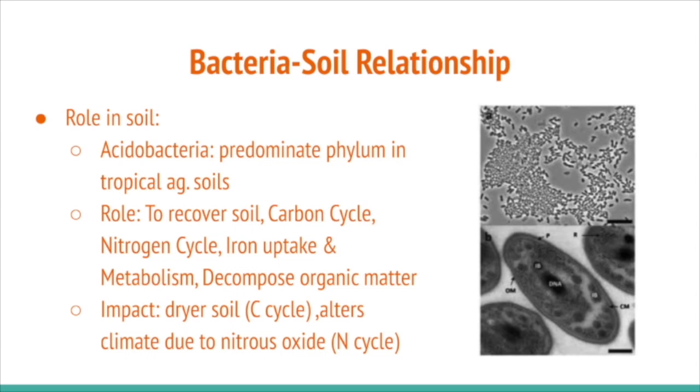During my research of this bacteria, there was scarce information regarding soil relationships, so I had to think more broadly. I found out that this certain bacteria falls under a broader group called Acidobacteria. Acidobacteria is a predominant phylum in tropical agricultural soils. The role of an acidobacteria is to recover soils, participate in both carbon and nitrogen cycles, uptake ions and metabolism, and decompose matter. In terms of recovering soils, acidobacteria like this one are beneficial to a plant's soil nutrient cycling